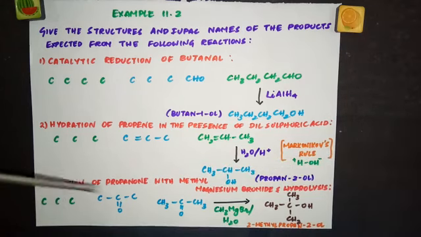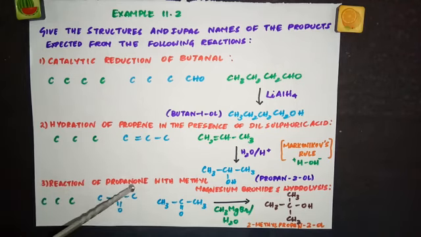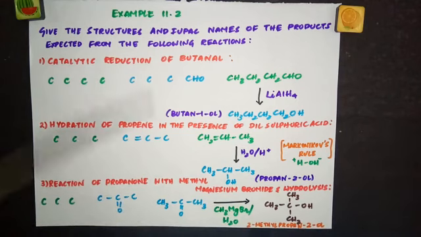Last one is the reaction of propanone with methyl magnesium bromide followed by hydrolysis. What is propanone? Prop means 3 carbon atoms. On, ketone group, C double bond O. And remember, usually every time C double bond O, ketone group will come in the middle, not at the end of the chain. Like aldehyde, it can come at the end of the chain. So only possibility is this carbon. So put a C double bond O here and write CH3 and CH3. This is propanone, or it is also called as acetone, the common name.